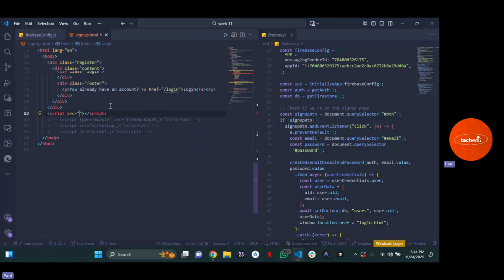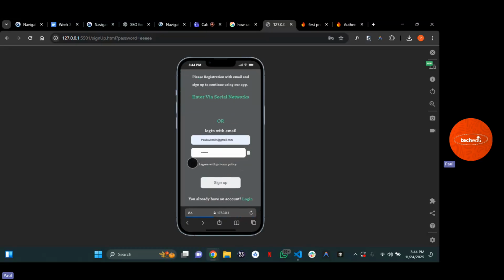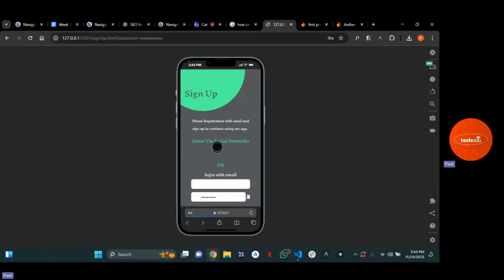Good. So now I can easily write my script, and in my script, I'm going to include the source to be firebase config.js. Now, if you go ahead and try it out now, it is not going to work. So let us just try something out. So if I press this and then I put this. So now, if we agree and we click on sign up,